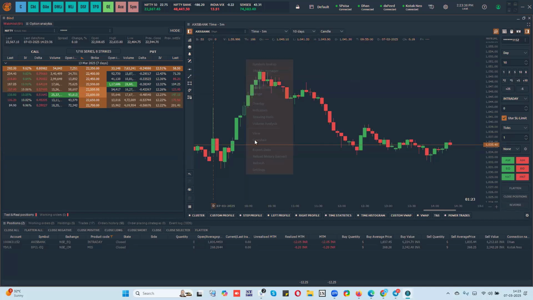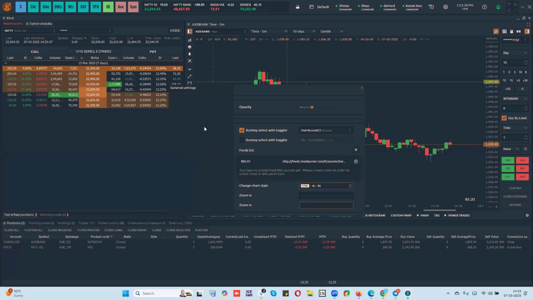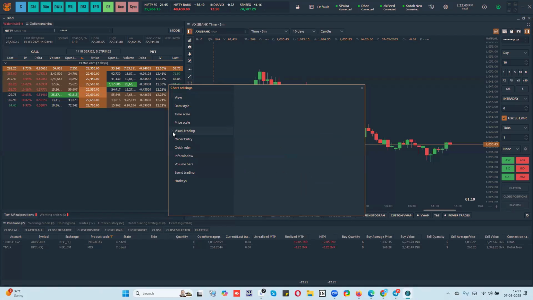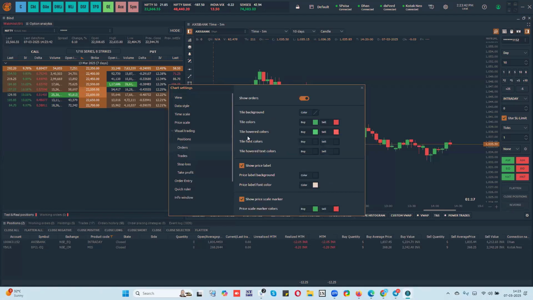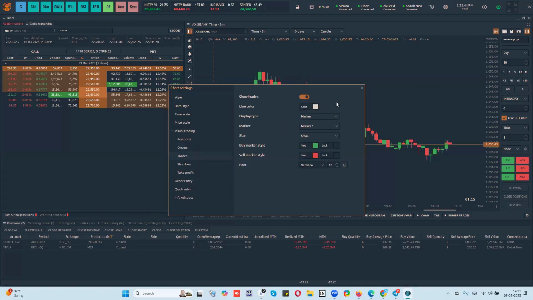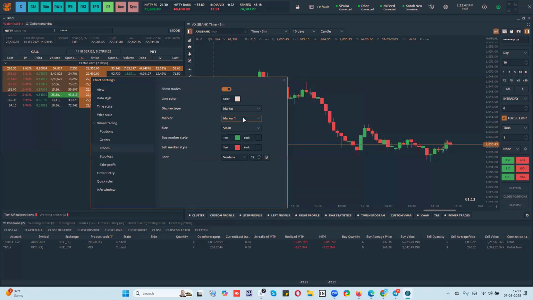Okay. Next option is if you go to the settings, you can also track your trades, okay, orders, trade. So you can enable this here, and you can have your markers, okay, marker with the prices, marker with label, all that is also possible. If you want to see the trades that you've done visible, you can do that as well. Okay, you can only keep the markers, or you can do marker with label also.